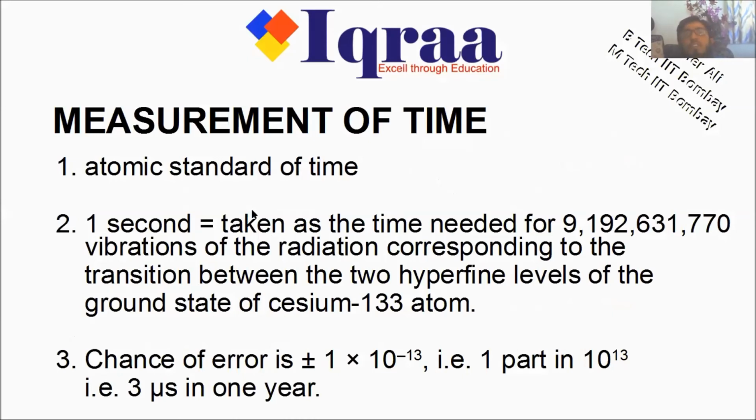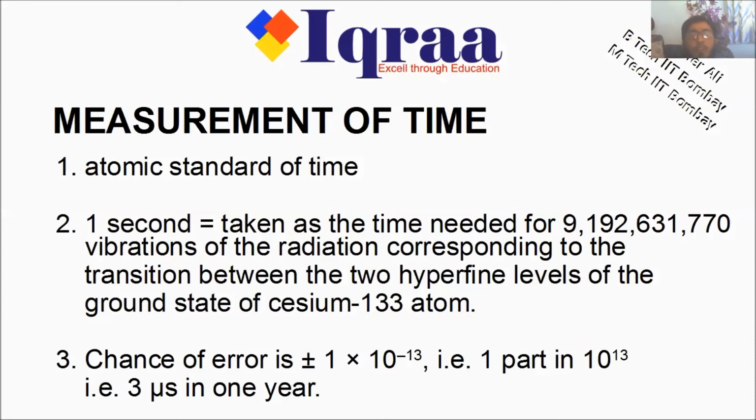The last part which I want to discuss in this session is the measurement of time. We see the clock and measure time in seconds, minutes and hours, but time can be very precisely measured, and the standard for the measurement of time is derived from a cesium 133 clock. If you have the basic idea of the atom, what we study is that electrons are in different orbits or at different energy levels. So in the cesium atom, these different energy levels are defined as hyperfine levels.